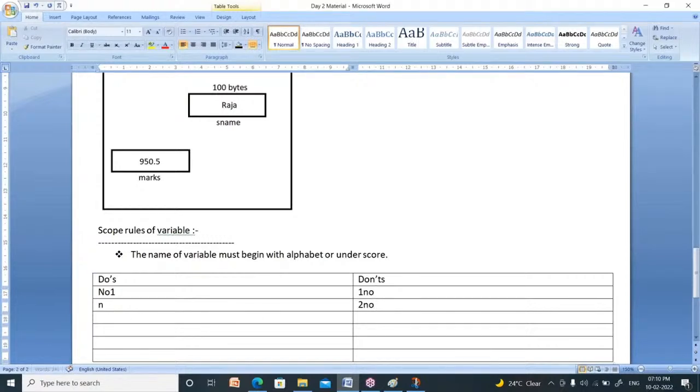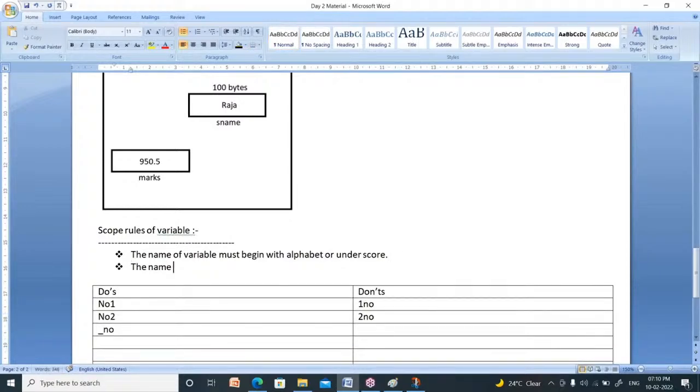So you can define like this: number two, it is valid. But second number, it is not valid. Next one. Underscore number, you can define like this. Why? Because the name of the variable can begin with alphabet or underscore. Here, it is valid.